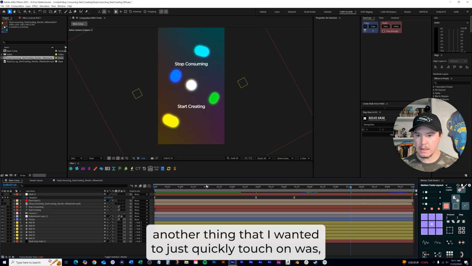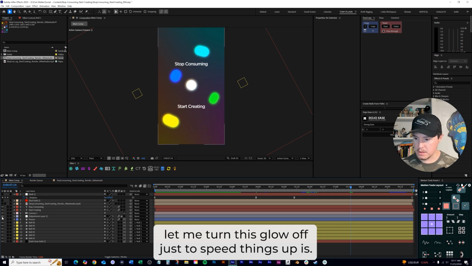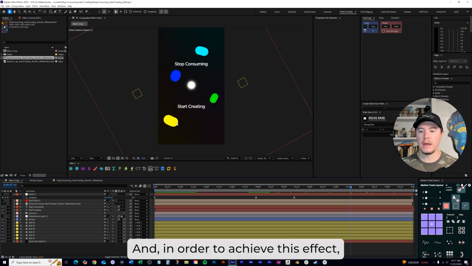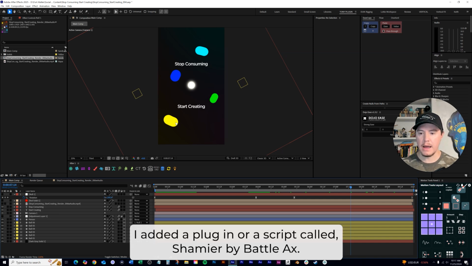Another thing that I wanted to quickly touch on, let me turn this glow off just to speed things up, is you'll see that these balls are actually stretching out a little bit. In order to achieve this effect, I added a plugin or a script called Smear by Battle Axe.